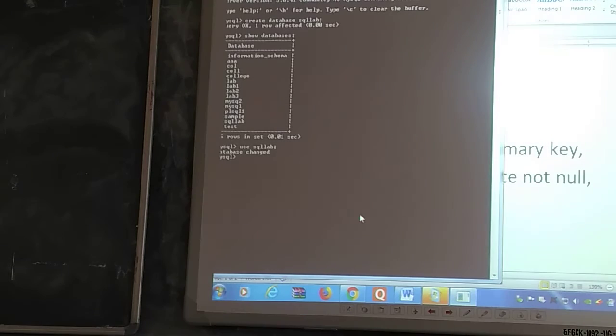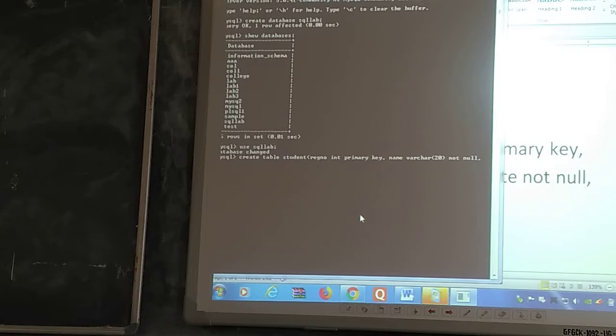So let's create a table. I am using the same command, create table student. We are using register number integer and making this one as primary key. Secondly, we are creating name varchar, maximum size of 20, giving it as not null.